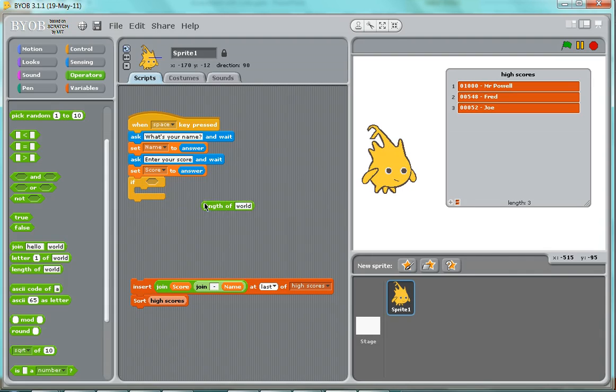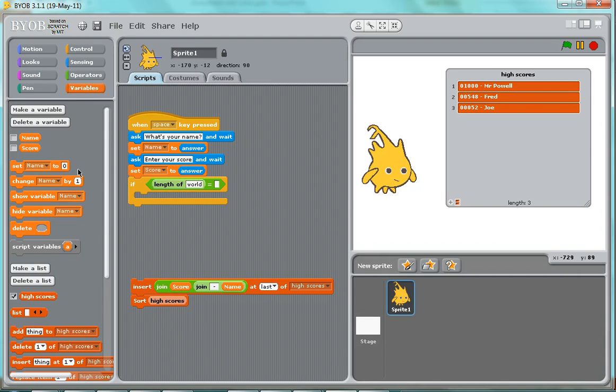The length, and to see what the length is equal to. So we're going to be checking the length of the score, and if the length of the score is 0, we are going to be setting the score. Well, if there's no score, then obviously they've got nothing, so we're going to set the score to 5 zeros. 1, 2, 3, 4,